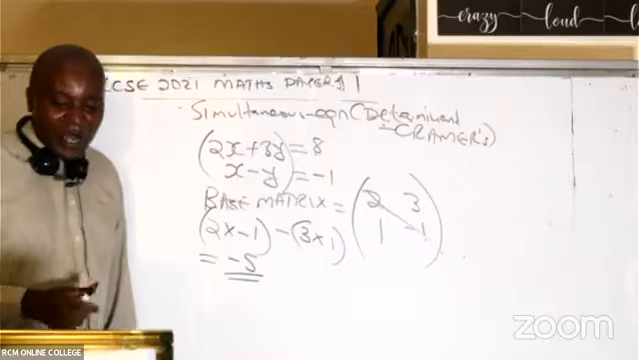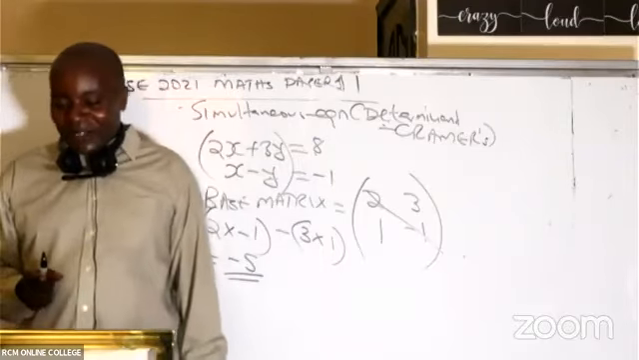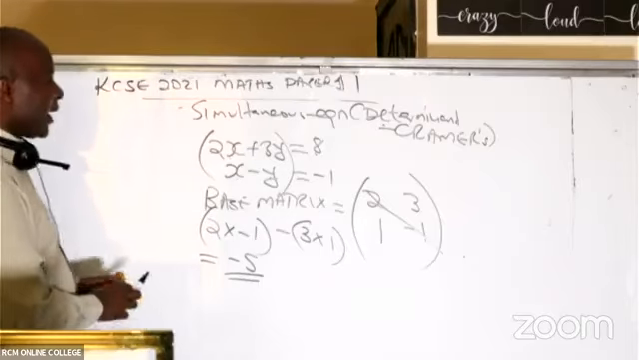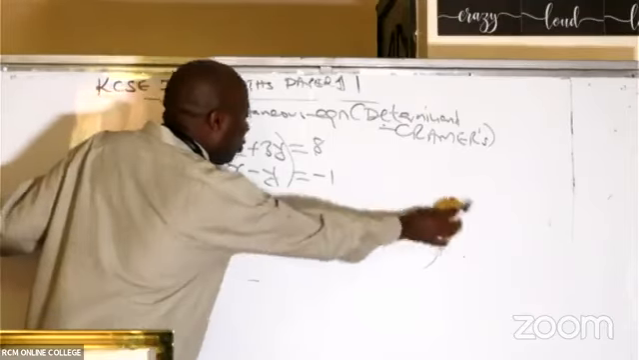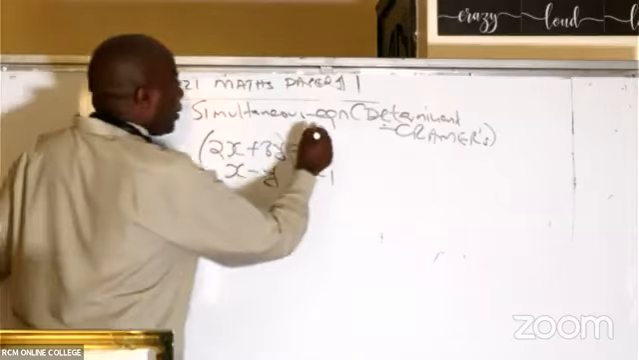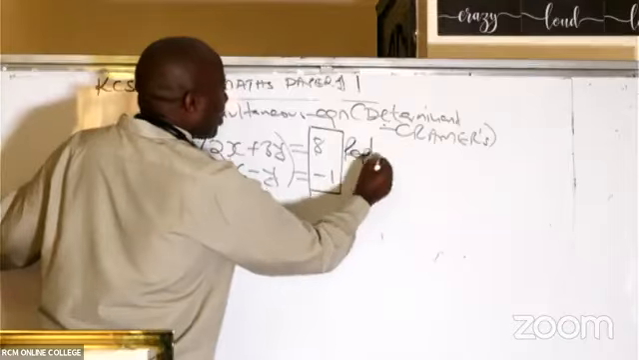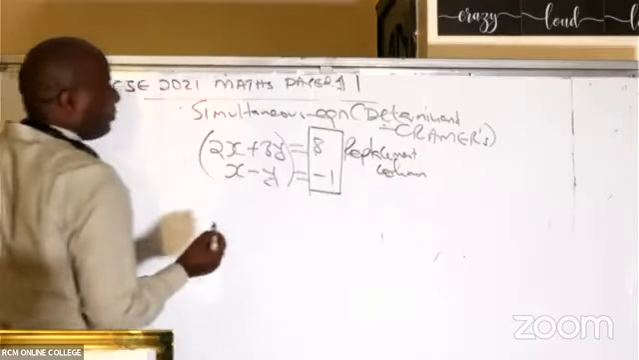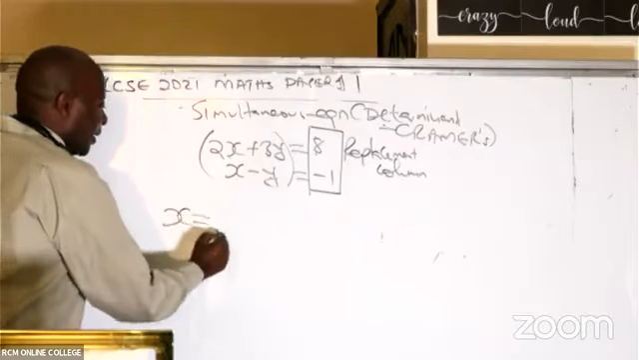All right. So are we able to get this -5, all of us? Great. So after we get this -5, ladies and gentlemen, this is now what we shall do. To be able to get the value of x, I will come and call this one. This one will always be called the replacement column. Now listen, using Cramer's rule, to get x in this case,